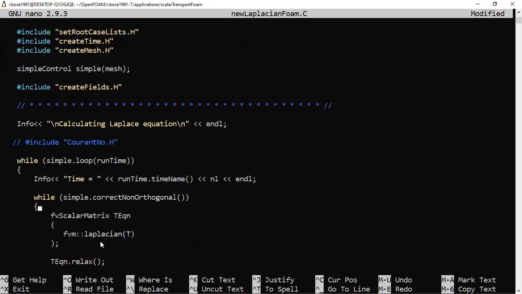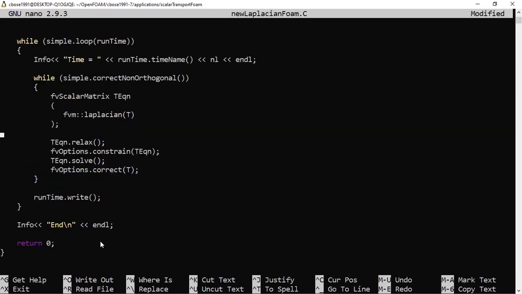Runtime. Okay, so our equation is this, and here two other fvOptions are there. We are not using any relaxation factor as of now, so I am commenting it. So this is using the relaxation factor. Now I am commenting the fvOptions also, but this is the important equation where it is solving the matrix equation, right? So this is basically TEqn.solve(). It is solving the matrix equation which is needed. And then this next fvOptions also I do not need at this stage for the Laplacian equation. And then it is writing, runTime.write().